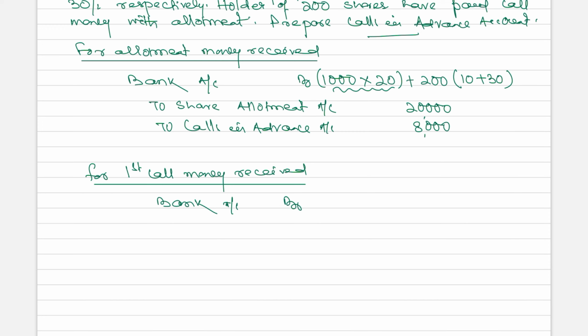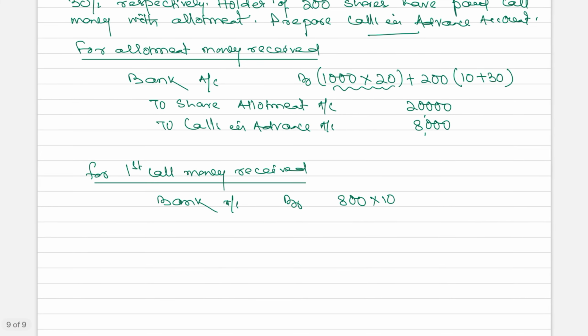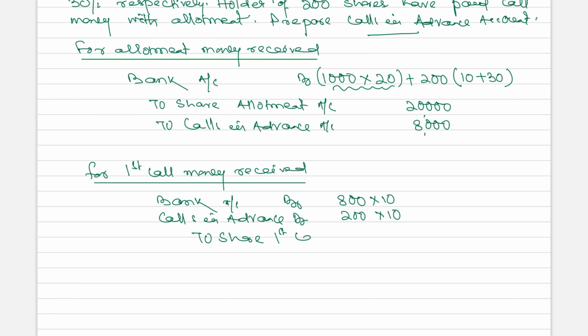out of 1000 shares, holder of 200 shares, they have already paid. So we will receive money on 800 into 10. Then calls in advance, previously it was a liability, now that liability will be reduced. Calls in advance account debit 200 into 10, to share first call 1000 into 10,